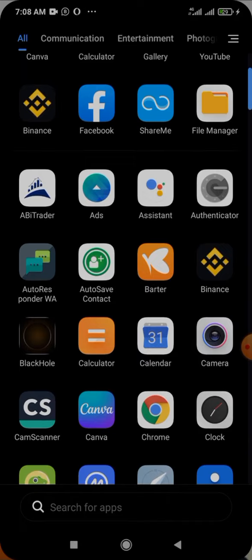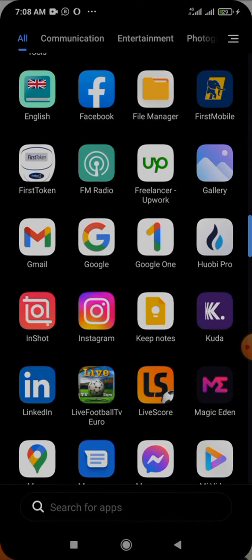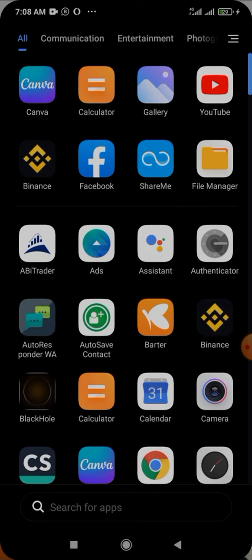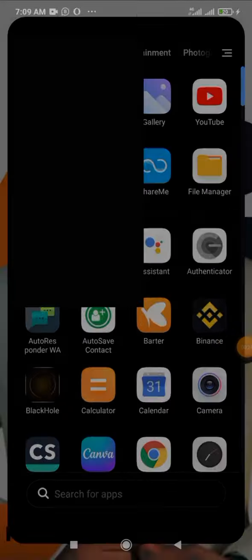So, I'm going to be showing you the Canva interface and how it works, all right? By now I'm sure you must have downloaded the Canva app. All right, this is the Canva app here. So just open it. When you open it,